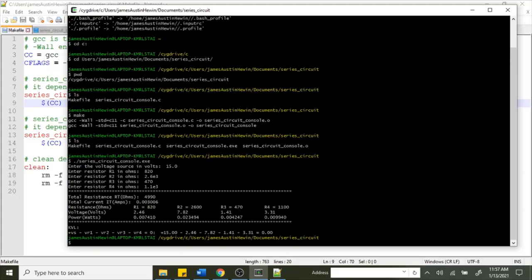The power in watts, you can see on this row here. This is in watts, so this would be about 7 milliwatts, 23 milliwatts, 4 milliwatts, and 9.9 milliwatts. And then this is a verification of Kirchhoff's voltage law, which shows that all the voltages sum up to be